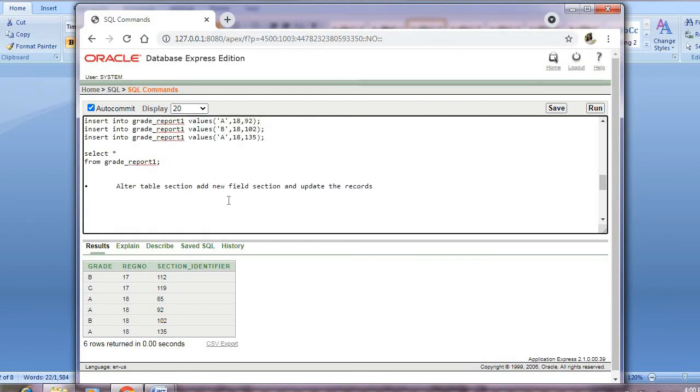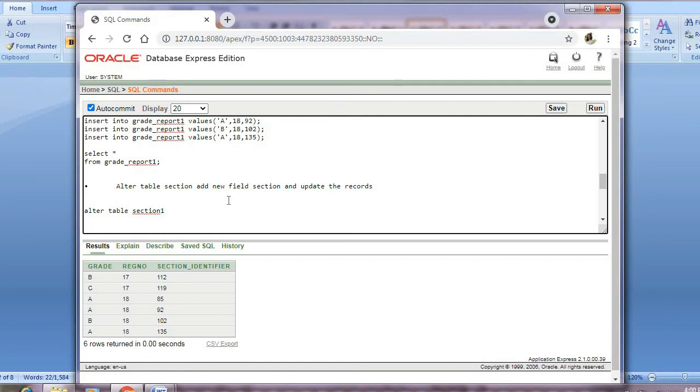So we have used here section1. My table is section1, I have changed it. So I'll show you how to alter. To alter a table, we have to make use of the command ALTER TABLE. Then you have to specify the table name. Which table do I have to alter? I have to alter table section1 because I have used section1 as my table.